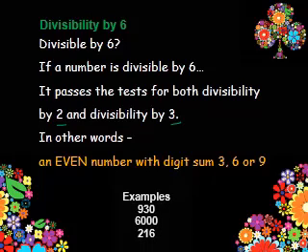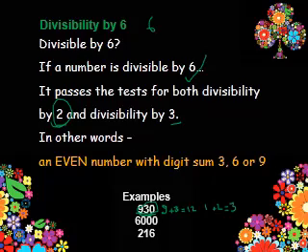So for example, you have here 930. Do you agree that 930 is an even number? So it's divisible by 2. Why? Because the ones digit is 0. Now I need to check if it's divisible by 3. What do I do? I add the digits. 9 plus 3, it's 12. Re-add the digits. 1 plus 2, it's 3. And 3 means this number is divisible by 3 and 2 at the same time,